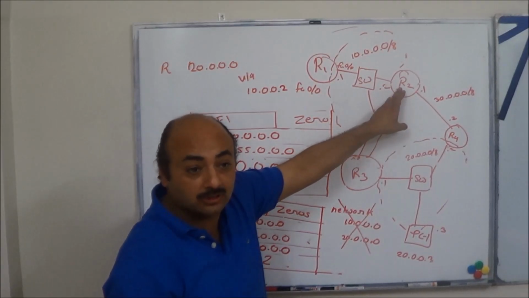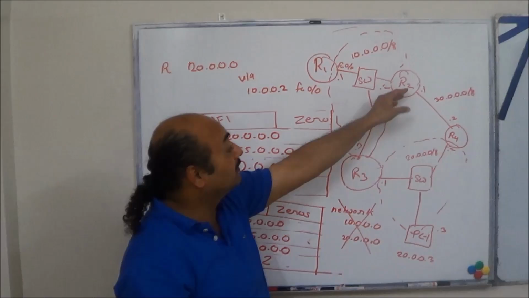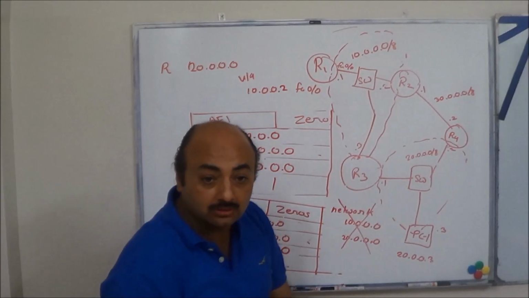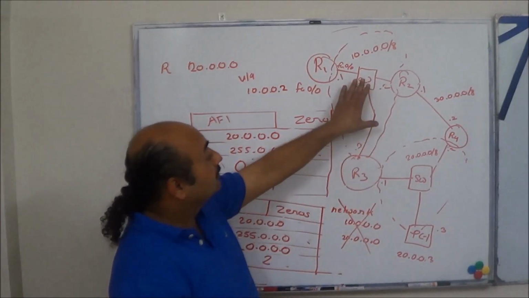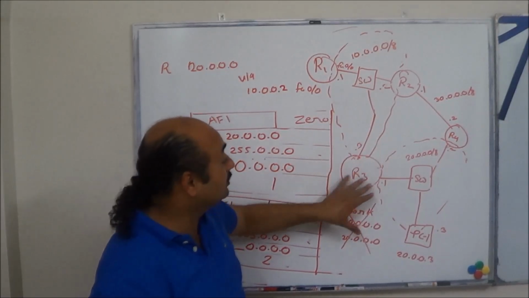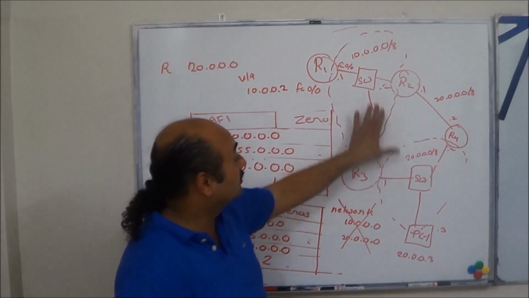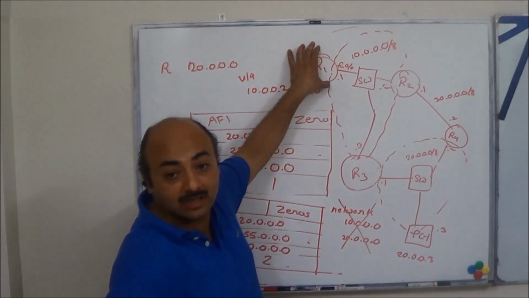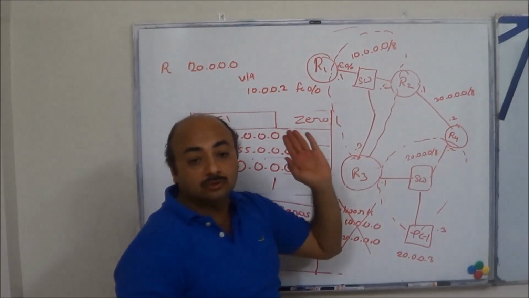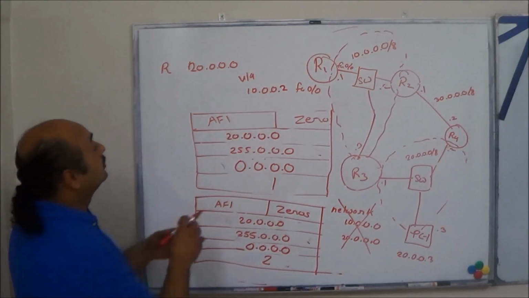The frame is decapsulated, right or not? Then it gives it to the IP layer. IP layer will say, oh, 20 network is in this direction according to my RIP protocol routing table. Let me repeat this. Where are we getting confused? R3 is not running RIP, but R3 knows where 20 is and where 10 is because they are directly connected. And because R3 is not running RIP, is R1 getting any RIP update like this? No. So where is it getting it from? R2. So obviously the next hop in this routing table is this, with a hop count of 2. Yes or no? Yes, sir.